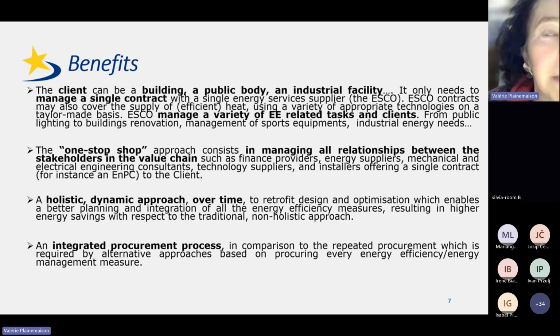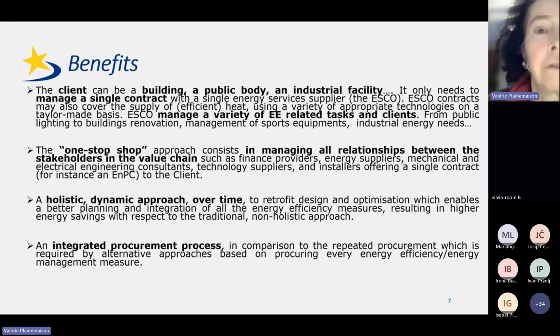It can be a public body, for instance, offices of the municipality, or school, or university, or hospital. It can be also an industrial facility. So this variety of clients shows that ESCOs develop a very, very accurate know-how on how to make energy efficiency actions. They, of course, include IT technologies, but also human control and